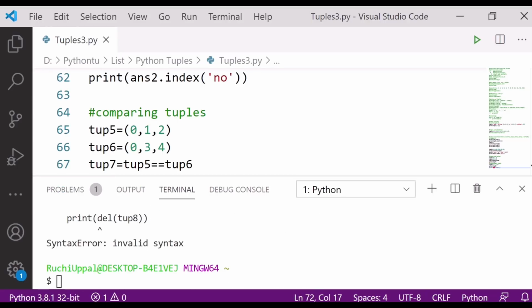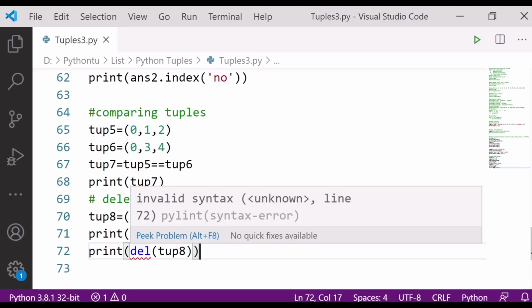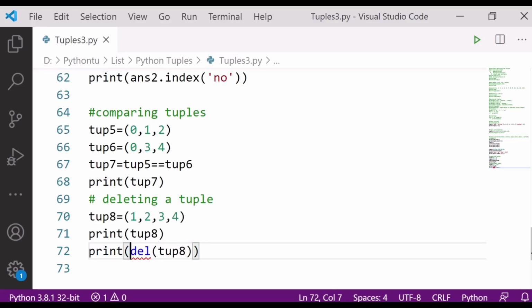Oh, it is saying syntax error, invalid syntax. So let's check. I will simply write it down.